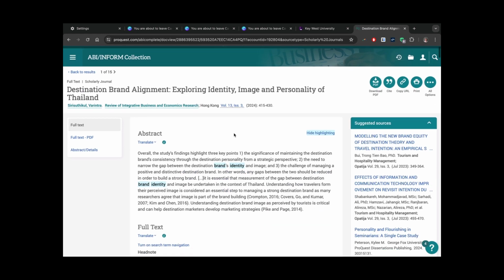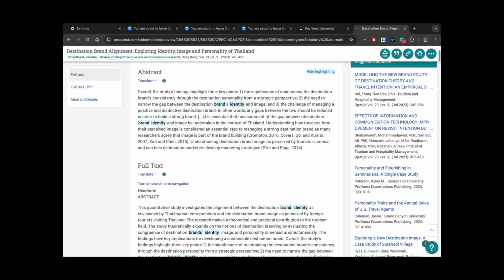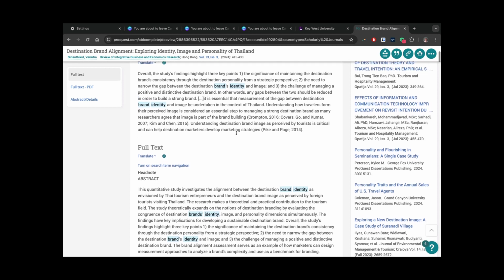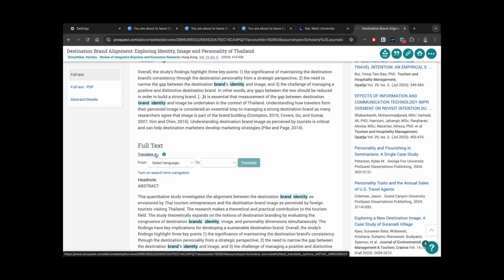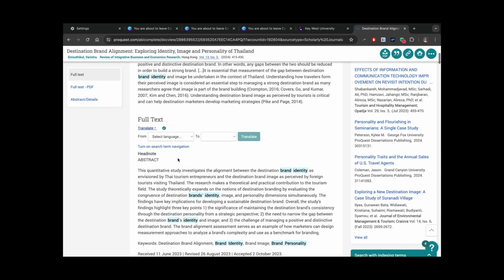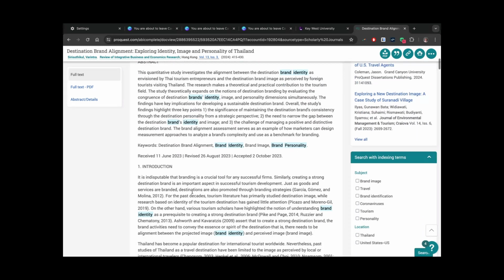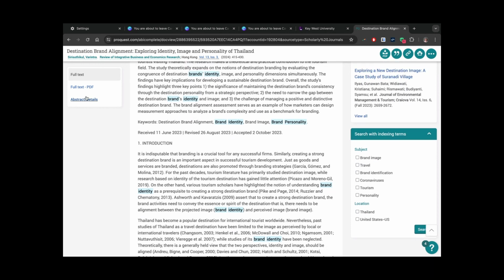As you can see here, it looks like this article is available to translate also. If you need to translate that, you can certainly select a language to translate it to. So that's an option. It's giving me the abstract, and then it's going into the bulk of the article. Over on the left-hand side, you can also click on full text PDF. So if I go ahead and do that,